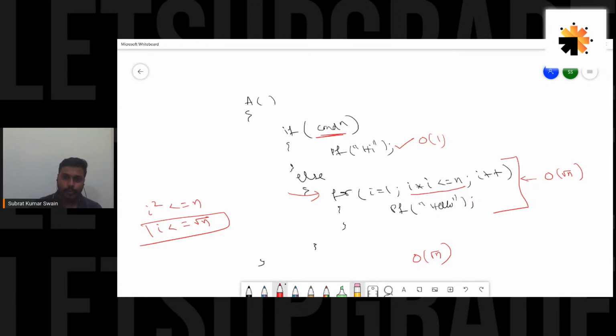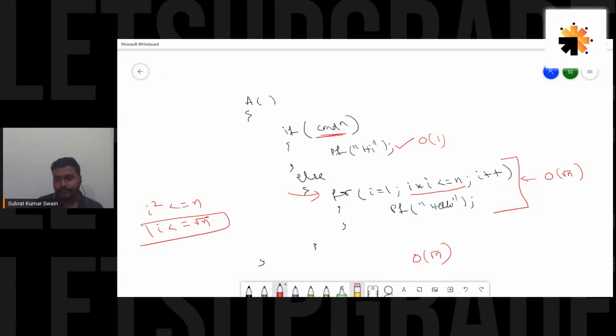Instead of this for loop, if there is a recursive function, for example, let's say this algorithm A is a function here, and inside it will have a recursion. This A is a recursive function, let's say. Obviously, that would depend on how many times the recursion is happening. That would decide the time. Are you getting my point?